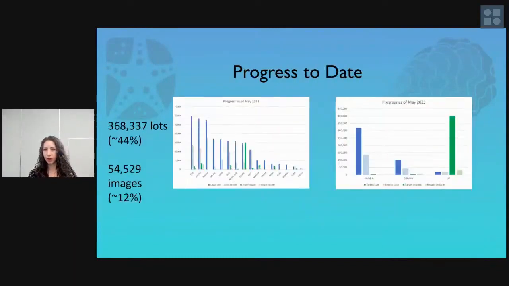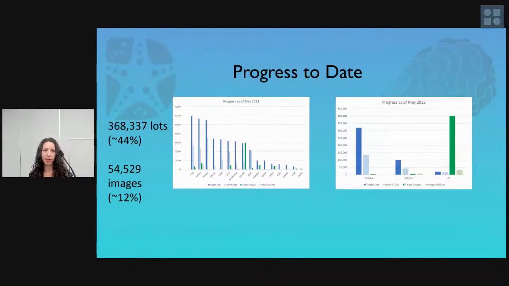And where are we so far? We're about halfway through the grant. As I mentioned, we began in the fall of 2020, so it was year one of COVID. A lot of us had either no access or little access to our collections, so we actually couldn't get in there to begin the digitizing. So we started out by doing things we could do remotely, like transcriptions of card catalogs or scanning station logs and cleaning up our data in preparation for georeferencing. So we got off to a bit of a slow start,